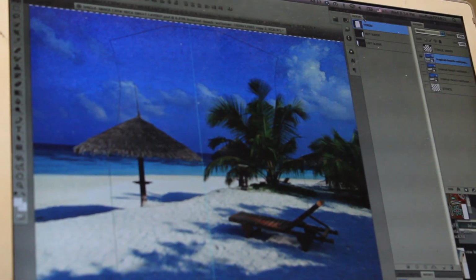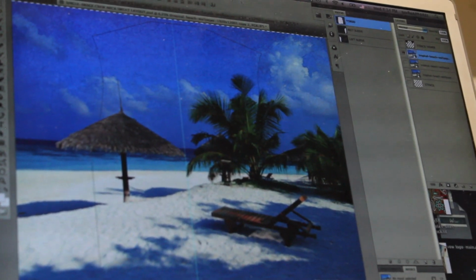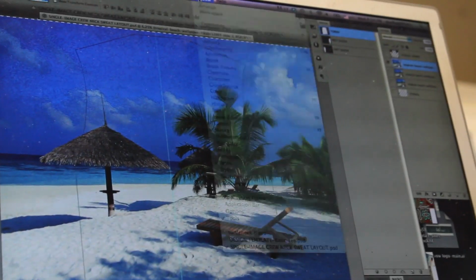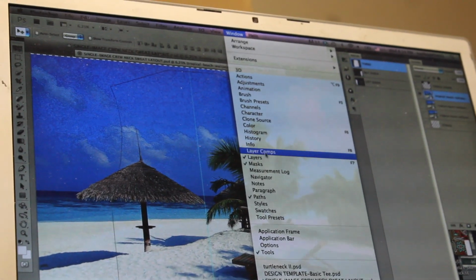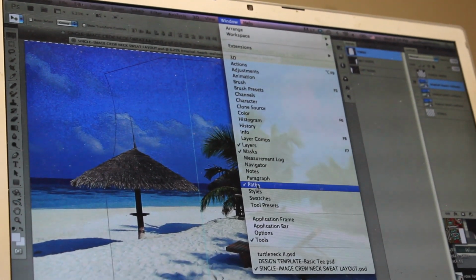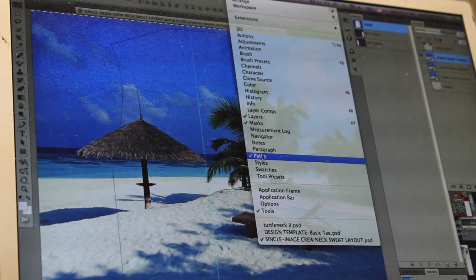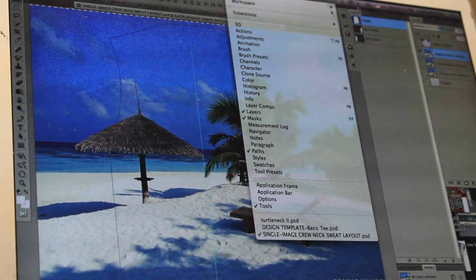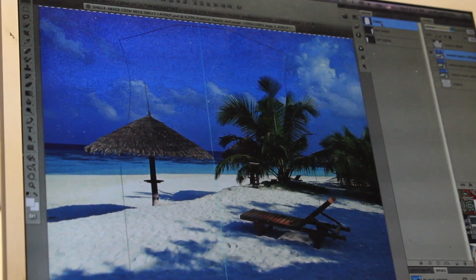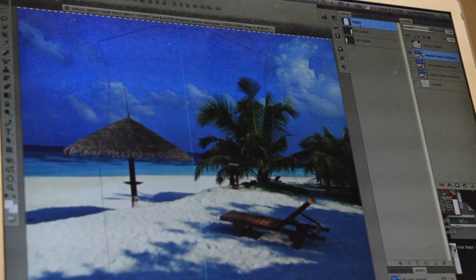So now we go to our paths viewer and make sure that our paths are turned on. And if you don't know how to do that, then what you want to do is go to the window section of Photoshop and make sure that the paths section is selected and you can see it. Likewise, you want to make sure your layers are selected so you can see and manipulate those. And with the torso being selected by it being highlighted, we'll go down